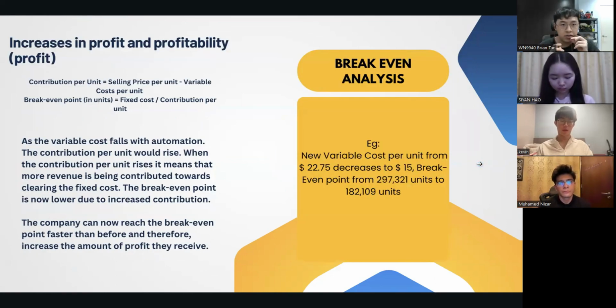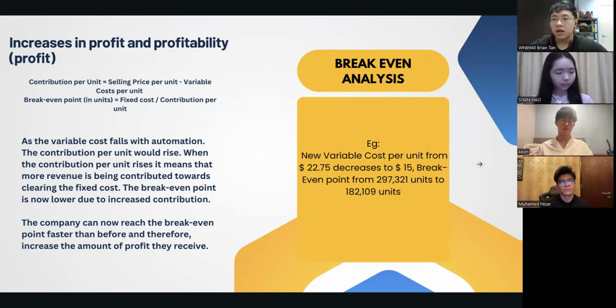Now, increases in profit and profitability. These two formulas have been explained in the earlier slides, so I'll be moving on to the explanation. As the variable cost falls with automation, the contribution per unit will rise. When the contribution per unit rises, it means that more revenue is being contributed towards clearing the fixed costs. The break-even point is now lower due to increased contribution. The company can now reach the break-even point faster than before and therefore increase the amount of profit that they